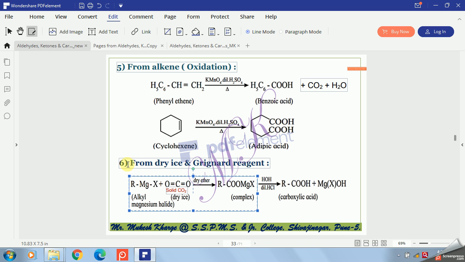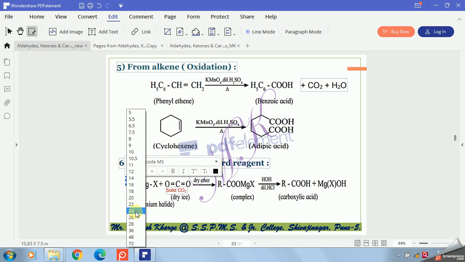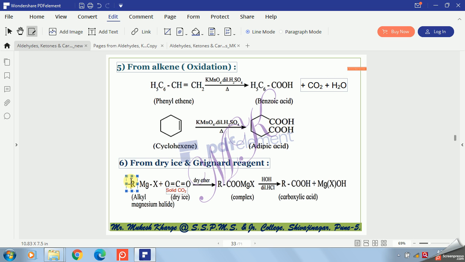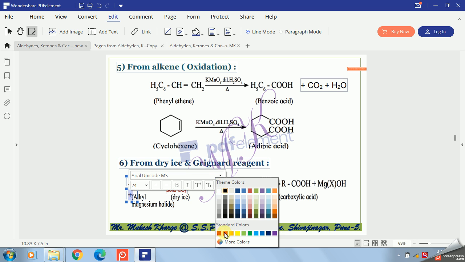The alkyl group is the negative part, so we add the negative sign to this carbon and positive sign to MgX. Okay,